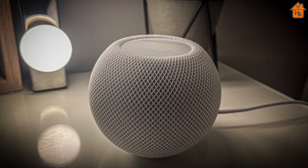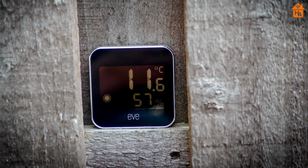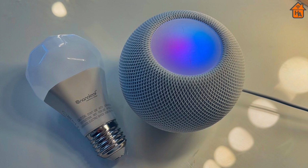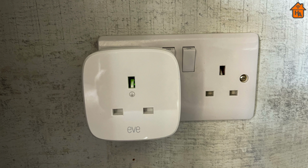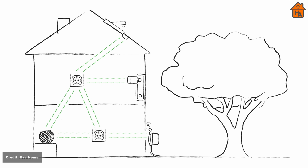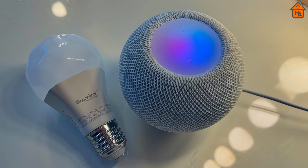So using a HomePod Mini with Eve Weather, you can take advantage of Thread. Then if you have router devices like say the Nanoleaf Essential light bulb or the new Eve Energy that's coming with Thread, these devices will help mesh your network together and help with range for devices like the Eve Weather versus using Bluetooth. Now I found in my testing, using a HomePod Mini, Nanoleaf bulbs, Essential light strips, and also